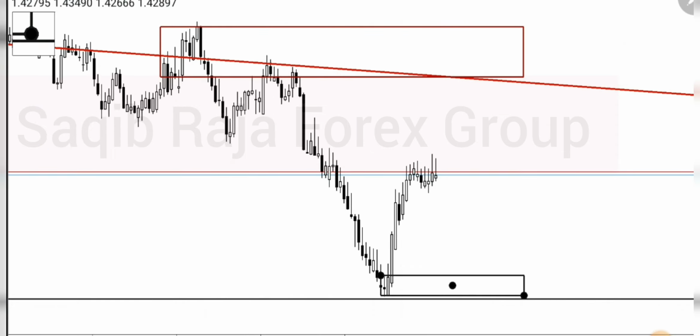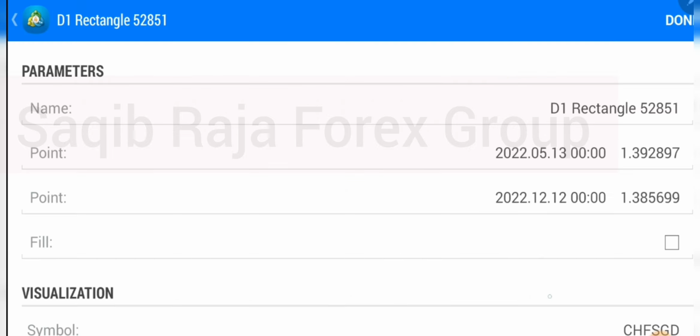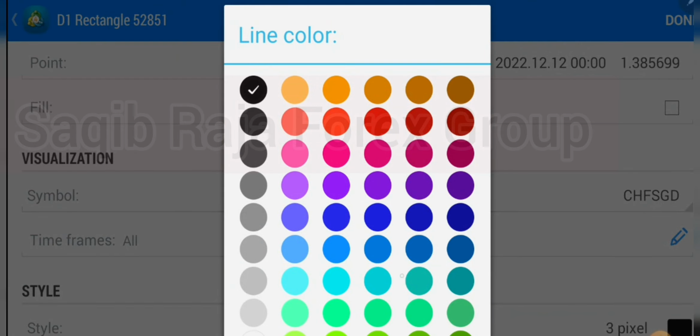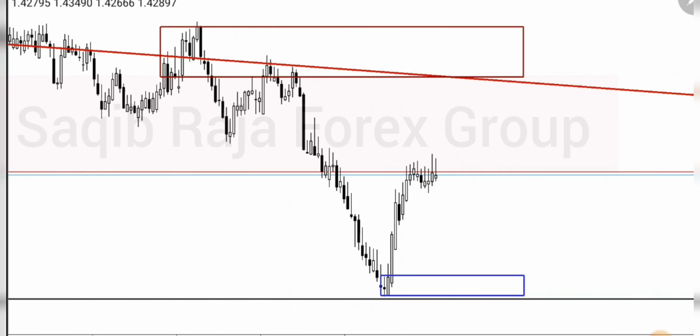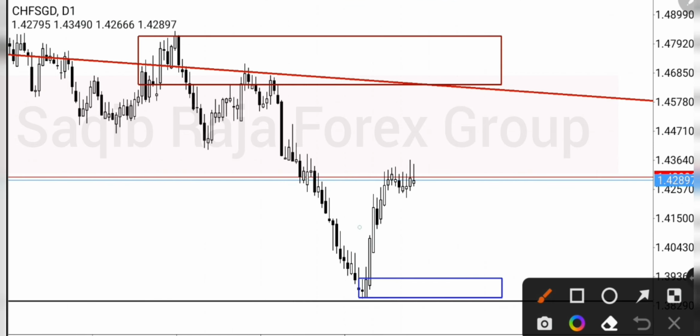Okay, let me change the color of that. Where is that? Oops. Okay, perfect. So if you see that, it removed this one, this one, this one, all those levels. When the market hits a curve area or one high time frame opposing area, a small area, we use the word curve area, that could be proved as a curve for the daily chart or H1 as well. So it can retrace back a bit, but this retracement